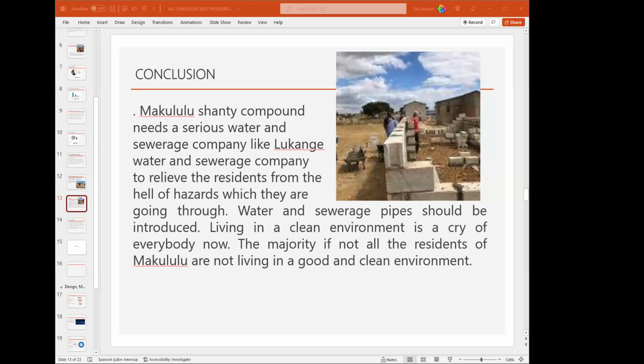Now, what are some of the recommendations? What is it that should be done? Knowing that there is much that needs to be done in order to help the people of this area to have access to clean water and sanitation. So some of the things that should be done, according to my opinion, is that in order to solve the water and sanitation problems in Makololu Shanty compound here in Zambia,